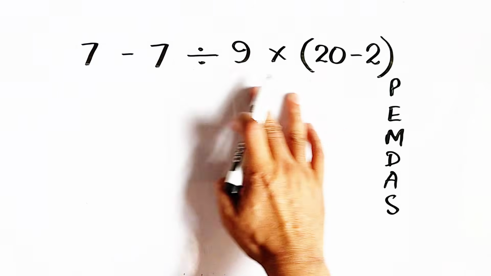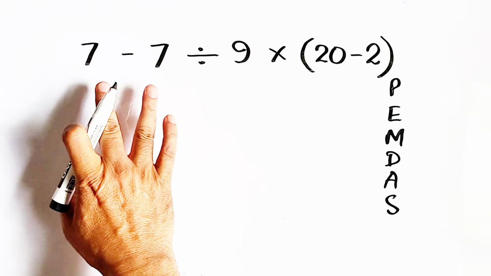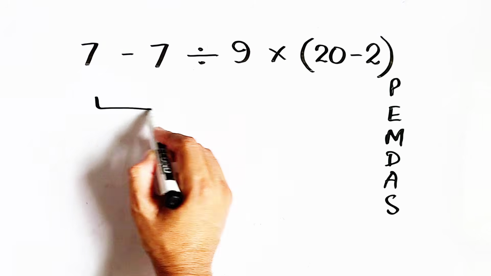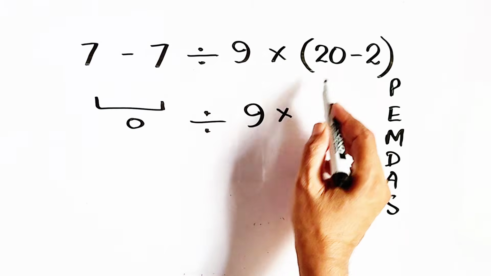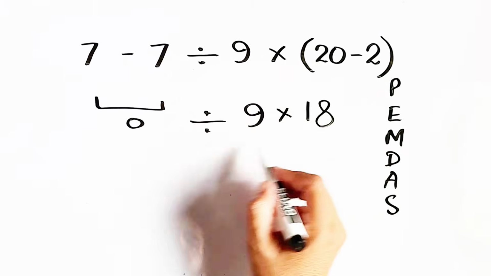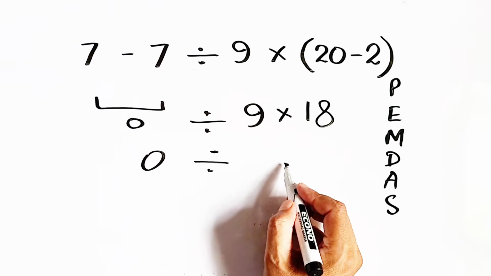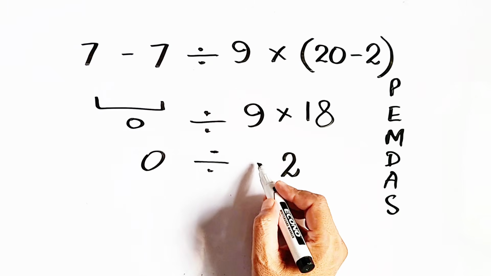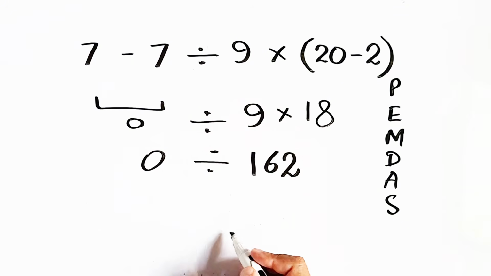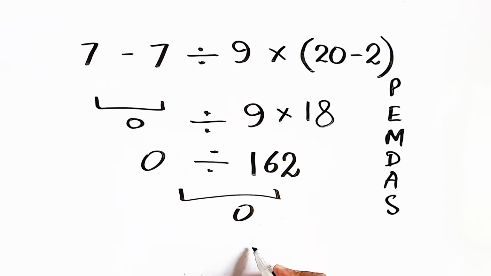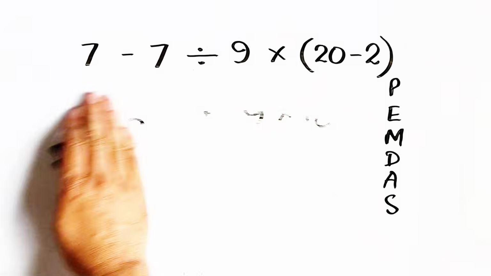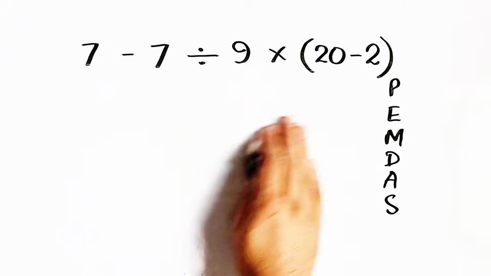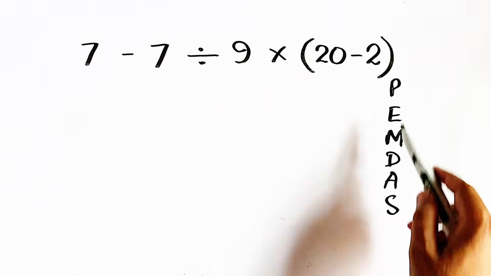Okay, most people just solve it in this manner: 7 minus 7, they will get 0, divided by 9 and it is 18. So 0 divided by 162, 0 divided by anything, they will get 0. But remember that 0 is not the correct answer. If 0 is not correct, we have to handle this question according to this rule, which is known as PEMDAS